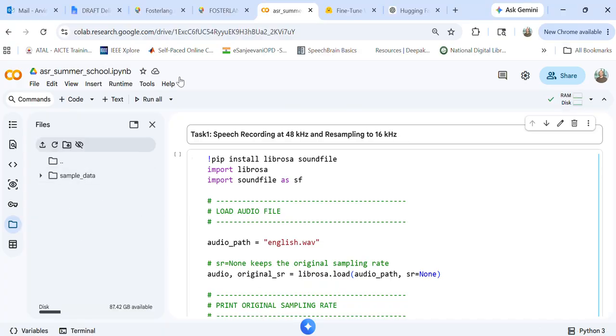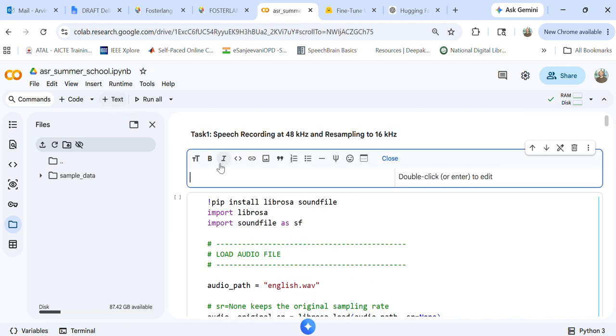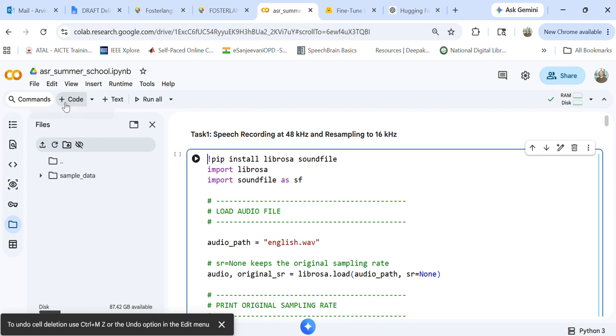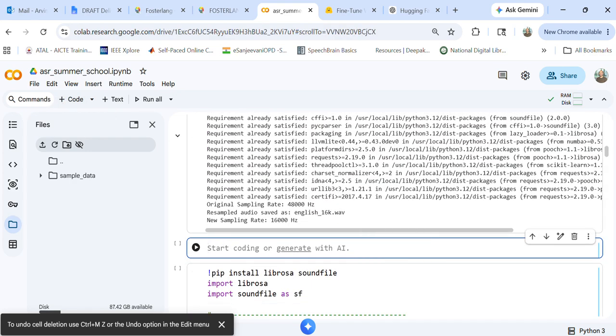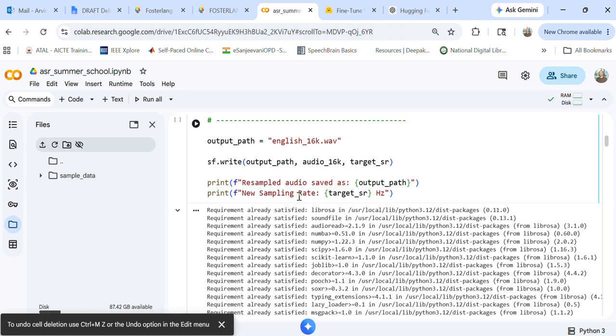resampling. So what you have to do, you have to open Google Colab. You have to create a new code here. You can first create a text. You can write all this prompt which is there, and then you can create a code using plus, right? And this code are already pasted